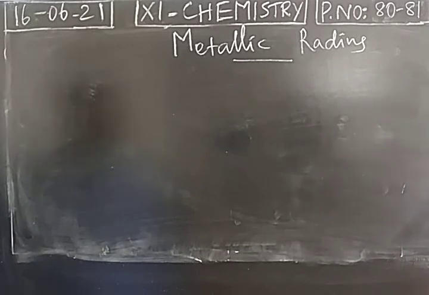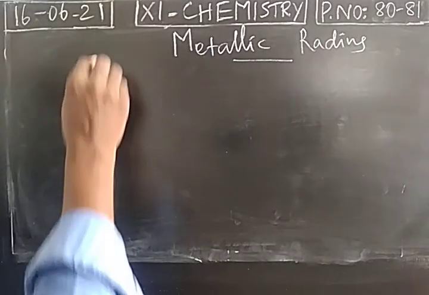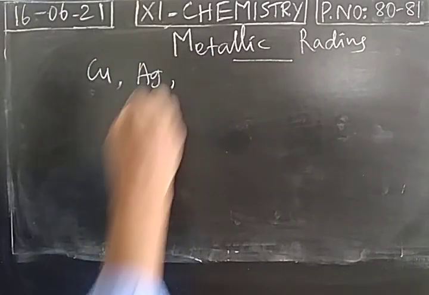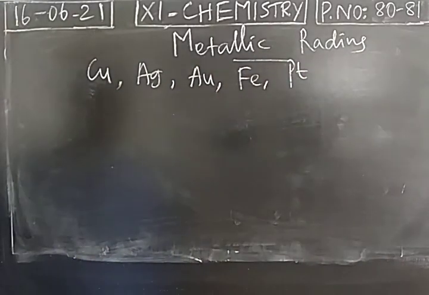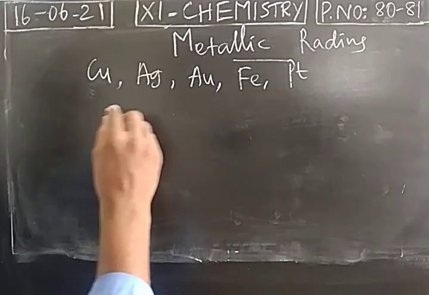For unstable atoms, you can find covalent radius with the help of internuclear distance. If the unstable atom is present in the form of a metal, we find metallic radius. We consider metallic atoms like copper, silver, gold, iron, platinum. So these unstable atoms are present in the form of a metal. When we consider the metal, atoms are closely packed. We can say metallic crystal lattice.